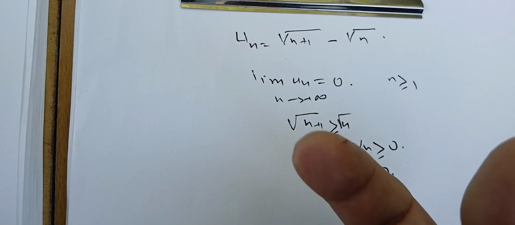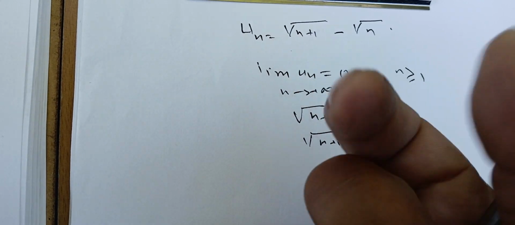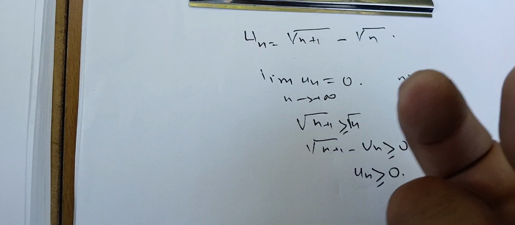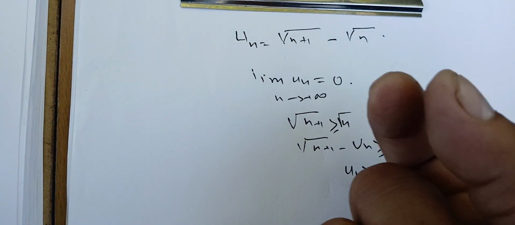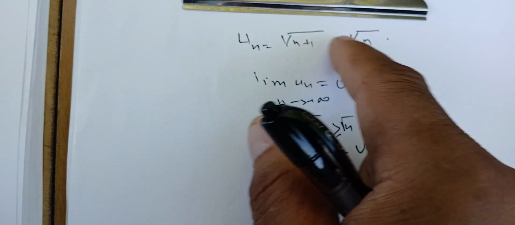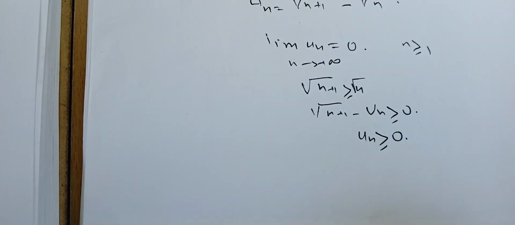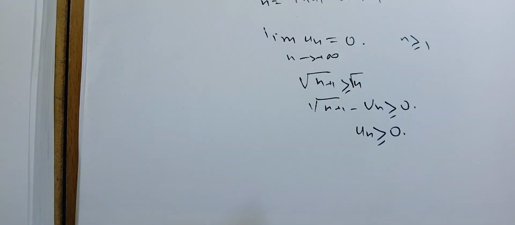But you can also think of it this way. The square root of n plus 1 is bigger than the square root of n by a bit. So this one is making the difference. So we can just look at this one and say this result, but this is the algebraic proof of it. Next, we're going to see that